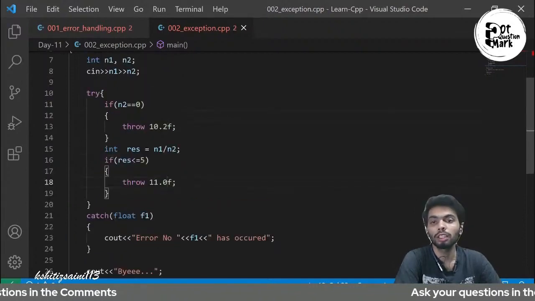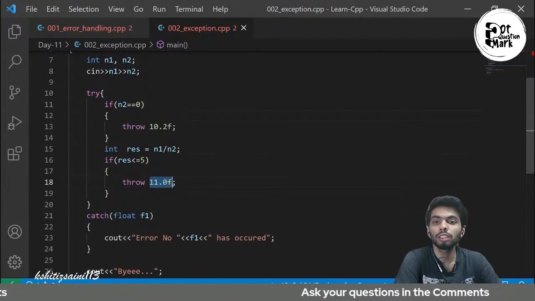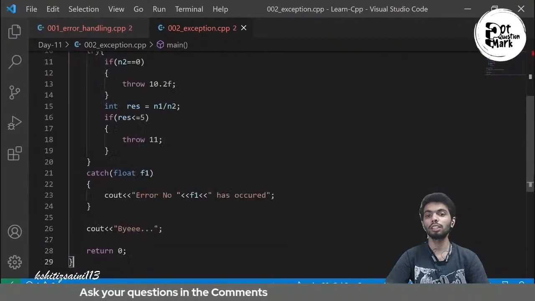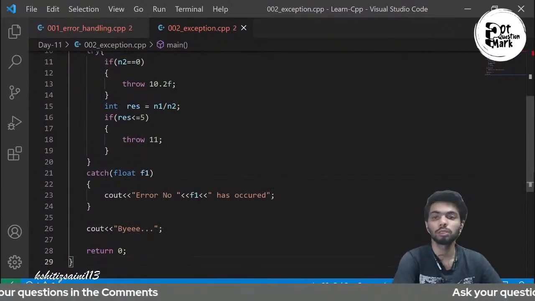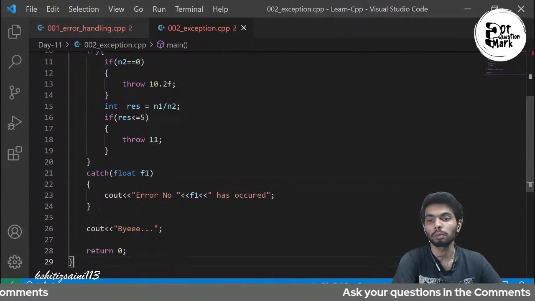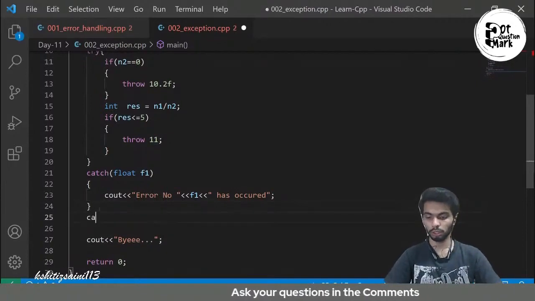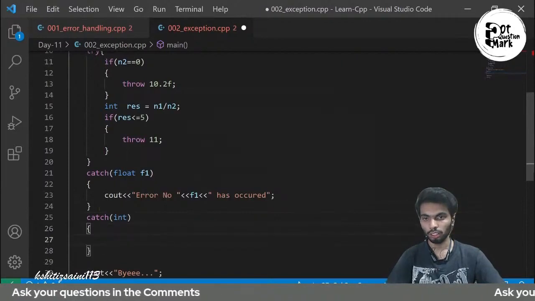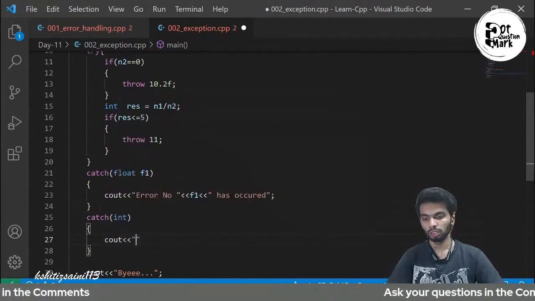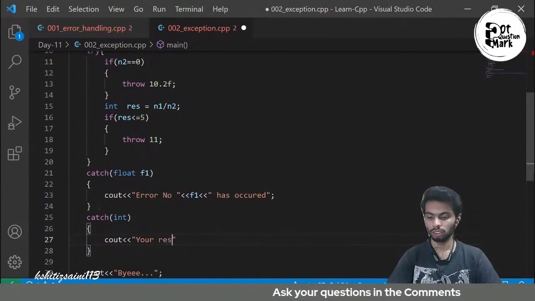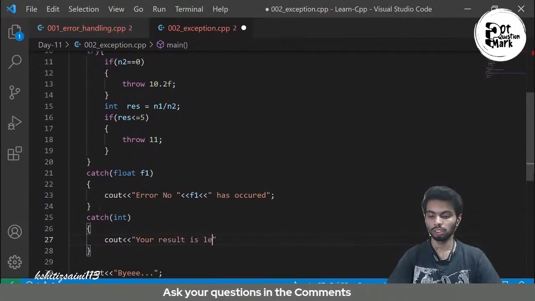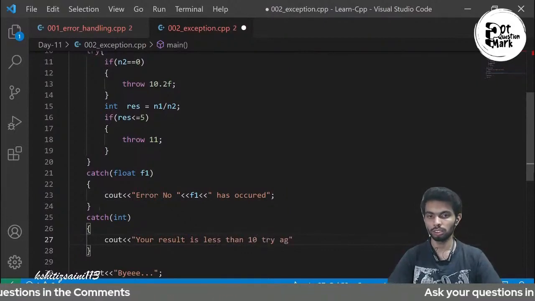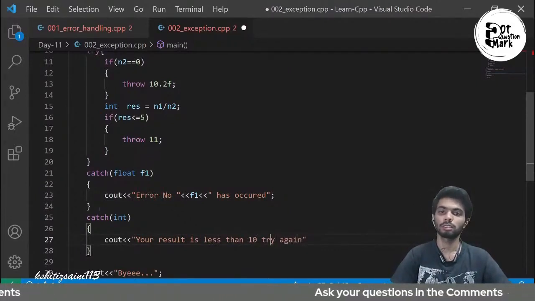तो अब हम क्या करेंगे, we will return some of the different data type. जैसे मैंने 11 रिटर्न कर दिया. So 11 is an integral data type. और मैं एक और कैच लगा सकता हूँ, I am putting another catch which is catching the integer type value, and now see out your result is less than 10, try again, less than 5,